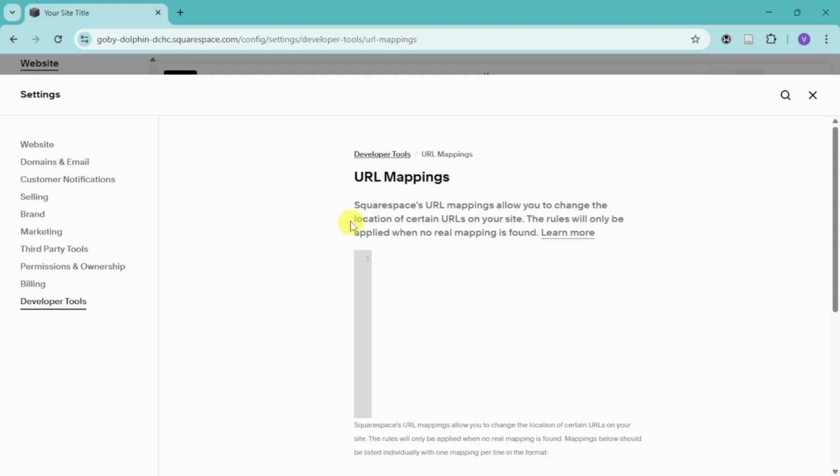So Squarespace URL mappings allow you to change the location of certain URLs on your site. The rules will only be applied when no real mapping is found. So for this case, what you can do is you can just input right here the actual URL of your old page. So for example, let's input right here